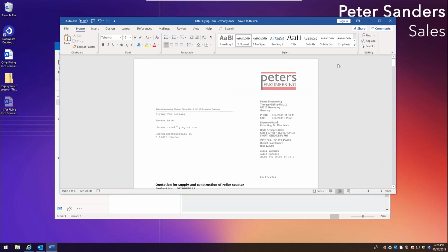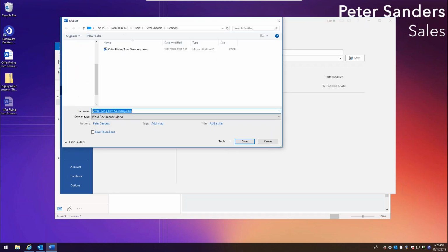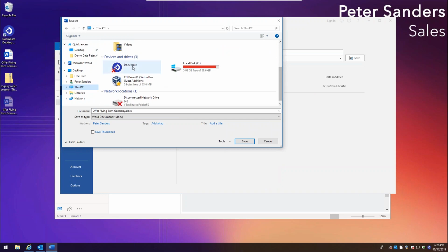Now, if I want to store that document in DocuWare as the original Word document, so let's say we're doing version control and we want to be able to make changes to it as the document progresses through a workflow, then what I would do is go through and do a save as. I'm going to click on browse, and I'll go down here to the DocuWare folder in my Windows Explorer,